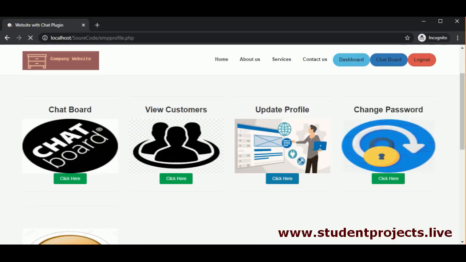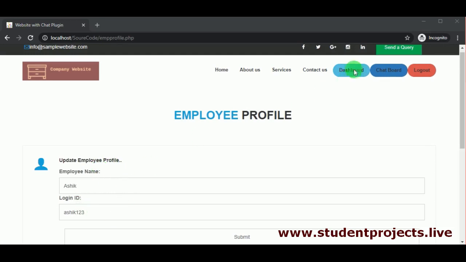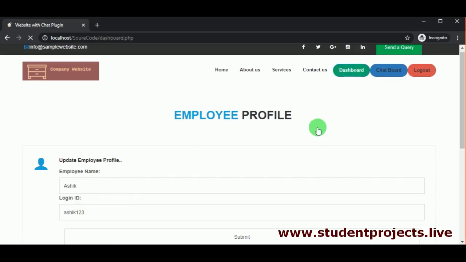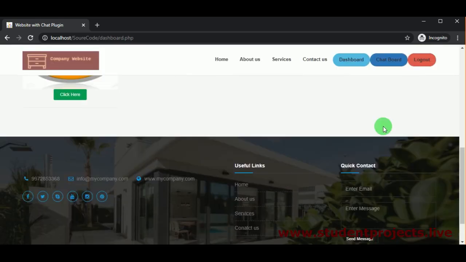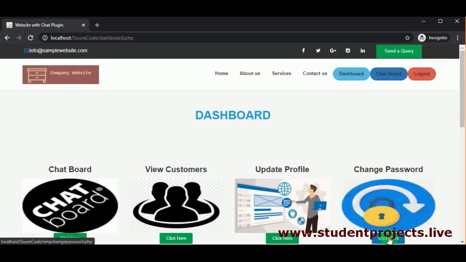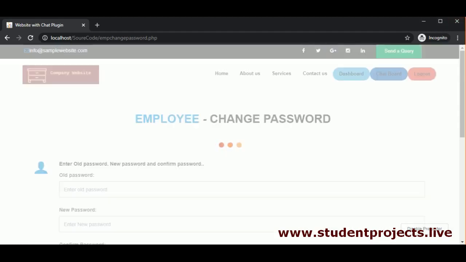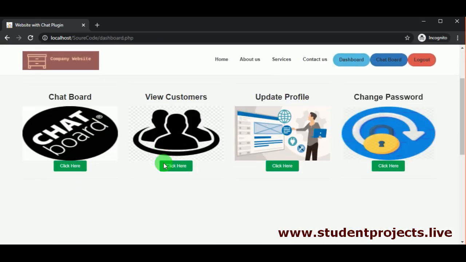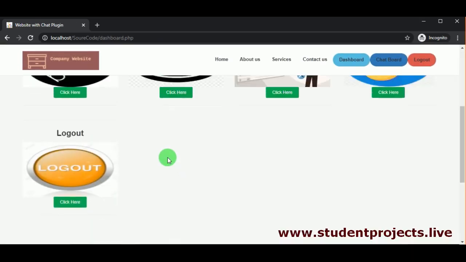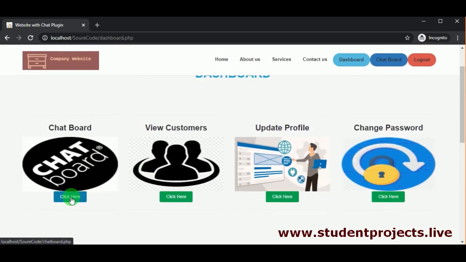So you can see the difference between the employee and the admin, where the employee doesn't have the add employee and view employee options. Other than that, the employee has the chatbot, update profile, and change password panel where he can change his password, and under view customers he can view the customers. In chatbot,